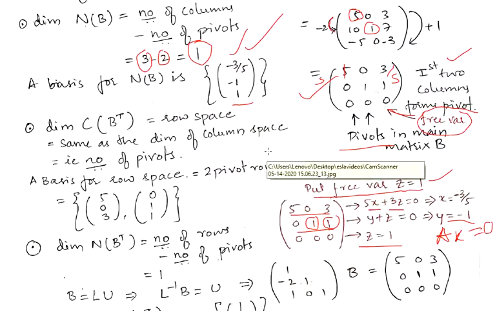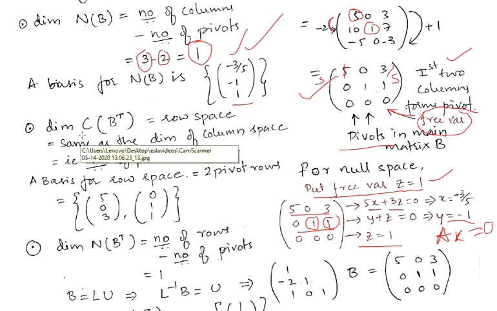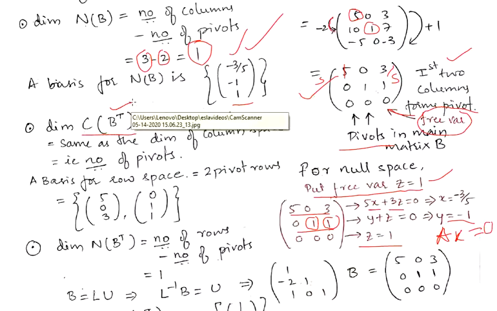So going to the next one, that is the row subspace. Again we need to find two things. One is the dimension of the row subspace, and second is the basis, meaning according to the dimension, that many vectors you will find in the row subspace. Okay, row subspace, right? So what is the row subspace? The row subspace is nothing but the column subspace when the matrix is transposed, right?